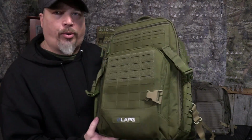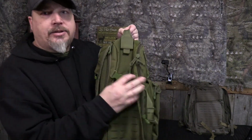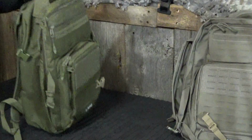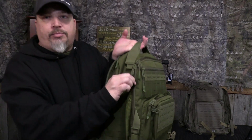I mean, it's super cool. Look at it. It's got all the laser cut MOLLE you could ever need. It's got a nice compression strap system on the side, smooth as butter zippers. I mean, I've had some packs that the zippers will hang and snag. When you're in the cold, or in the dark, trying to get those zippers open, you want those smooth